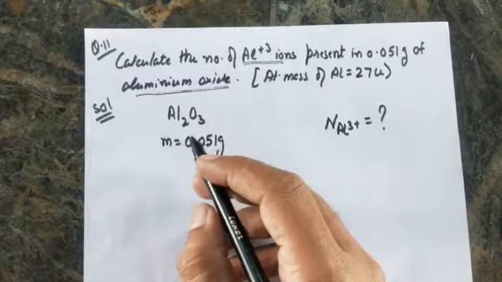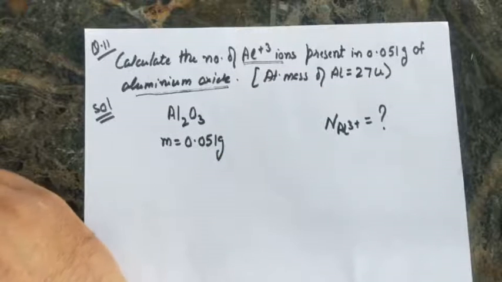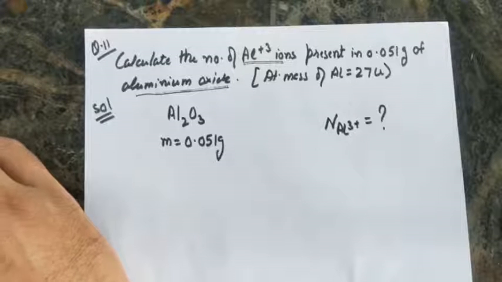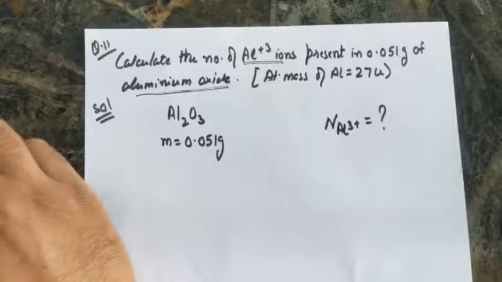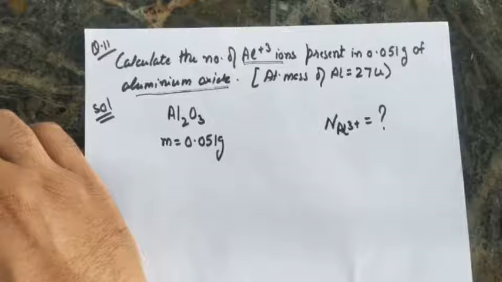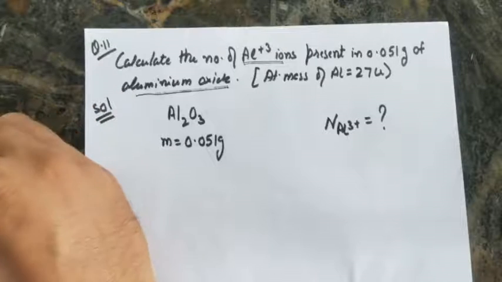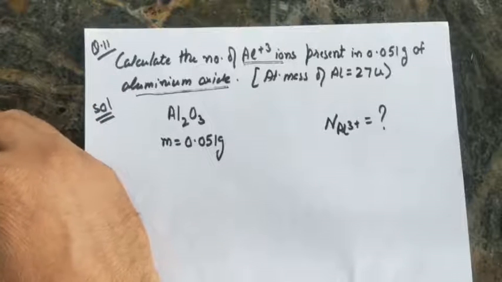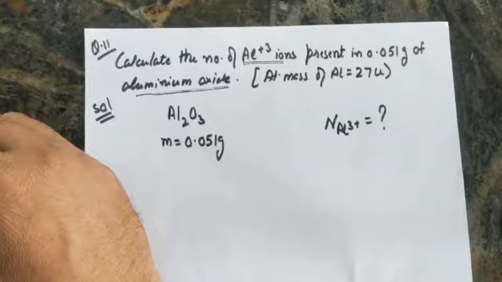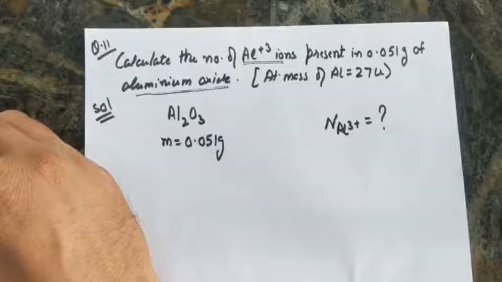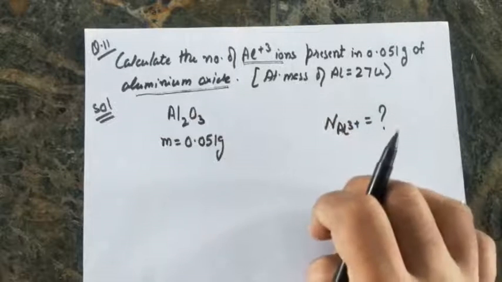Okay, let me give you one example. Suppose I have to distribute some toffees in your class in such a way that each student should get 2 toffees. That means, first of all, I have to calculate the total number of students present in the class. Let us say they were 40. That means total toffees required were 80. That means in order to know the amount of toffees, I have to know the number of students present in the class. This question is similar to that concept.